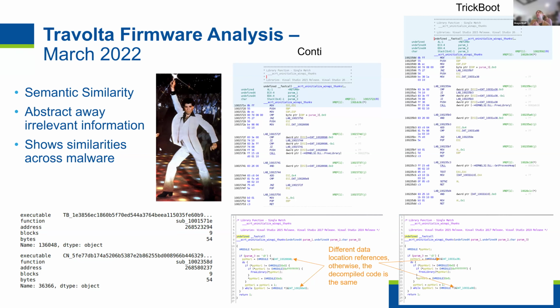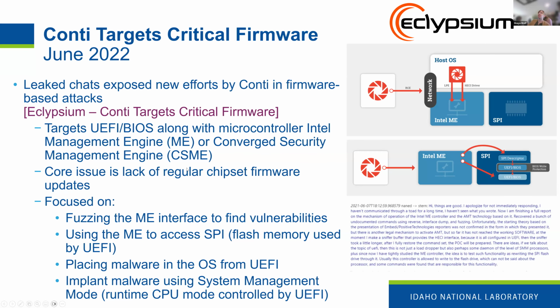Back in March 2022, we were able to show that common malware samples from the threat actor group Conti have a lot of semantic similarity to parts of TrickBoot samples, which is something that affects UEFI. That was really cool, because just a couple of months later in June 2022, Eclypsium reports that Conti's targeting critical firmware through these UEFI